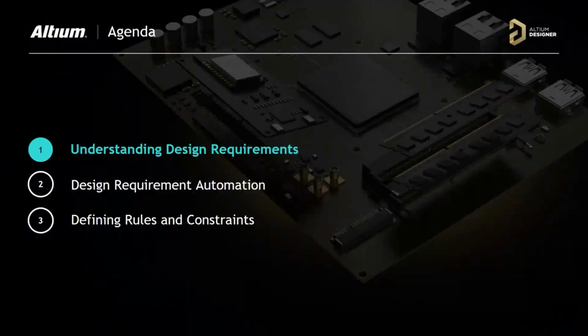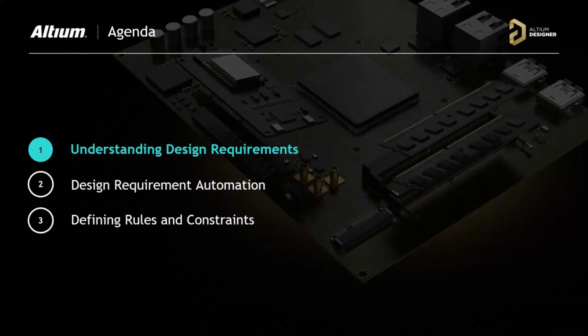When you're talking about understanding the rules, we have to understand the design requirements. There are three challenges. The first one is interacting between the requirements from the schematic, logical, and the PCB physical level, and resolving the errors and identifying them, and having a validation and proof that we have actually met the requirements.